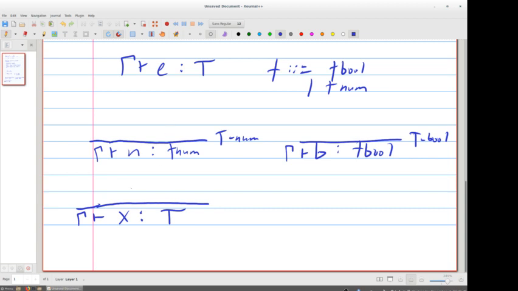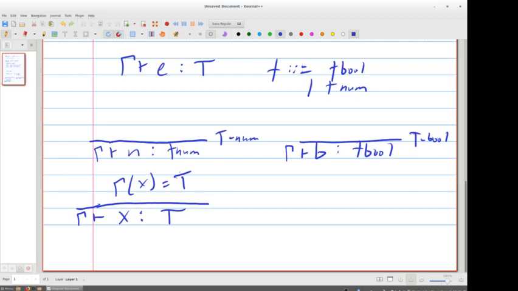It's when the typing context has a binding for X, mapping it to T. And so the notation, we could use this notation that we used before. So like if gamma is a function that maps variables to their types, then this would be what we need. So you can conclude that a variable X has type T under context gamma whenever gamma maps X to that